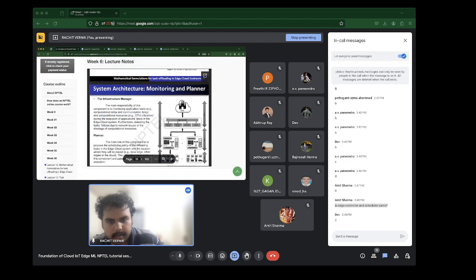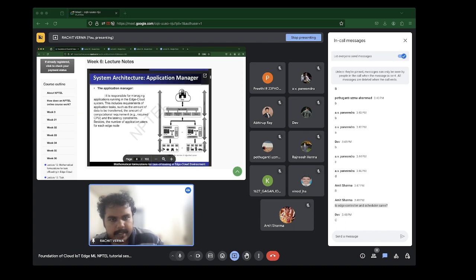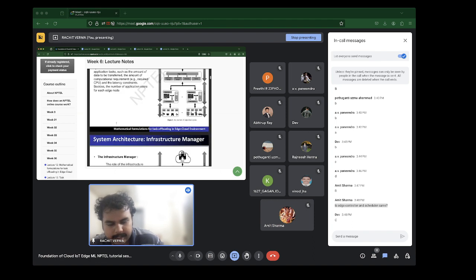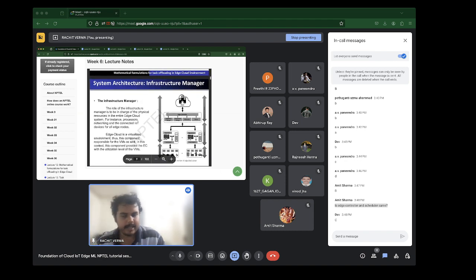If you look at the components of this, the edge controller manages applications running in the edge cloud system. This includes the amount of data to be transferred, the amount of computation required, and latency constraints. Now you could say to some extent scheduling is happening, but there's a lot more. It is in charge of the physical resources.